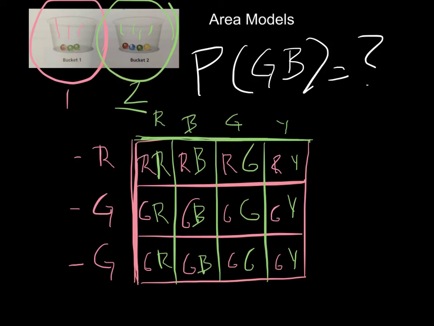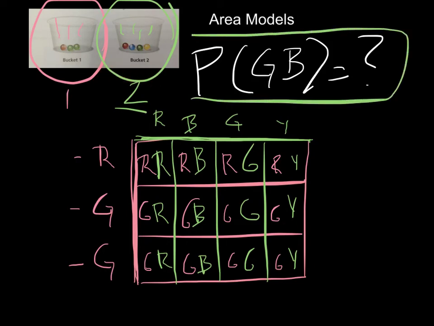I go back to my original problem. My original problem is, what's the probability of getting a green and a blue? So now I'm going to count up and highlight all those that have a green and a blue. I didn't say order, so I'm going to count in any particular order. So I have this square that gives me a green and a blue. Let's see, nothing else in that row. This one gives me a green and a blue, and nothing else from that row. And looking at this row, I drew a red from that first bucket, so there's no way I can draw green and blue together. So now I have two outcomes that give me green and blue